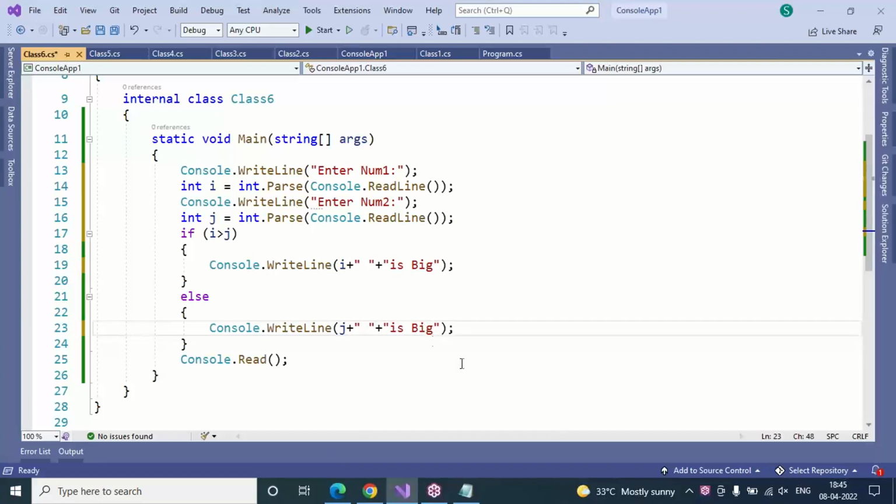Very simple programming. No complexity in this case. I just accept 2 numbers at runtime. The first number will be stored into I, the second number into J. And I'm just comparing I greater than J. If I is greater than J, I is big. Else J is big. I can say, once I run this,